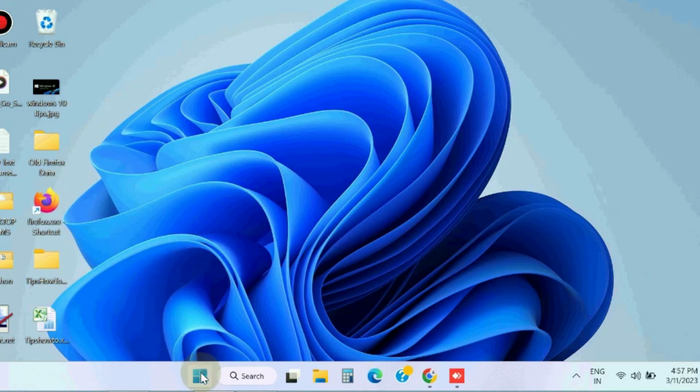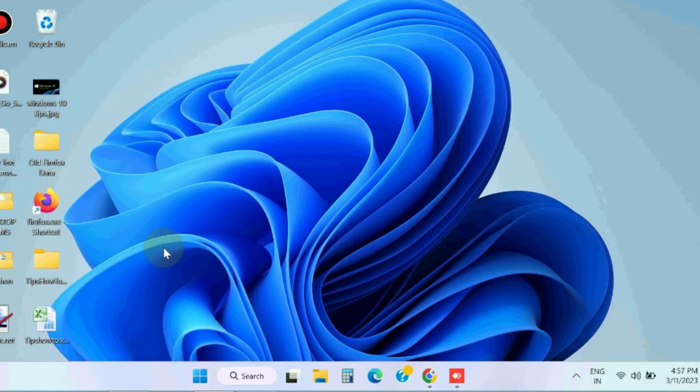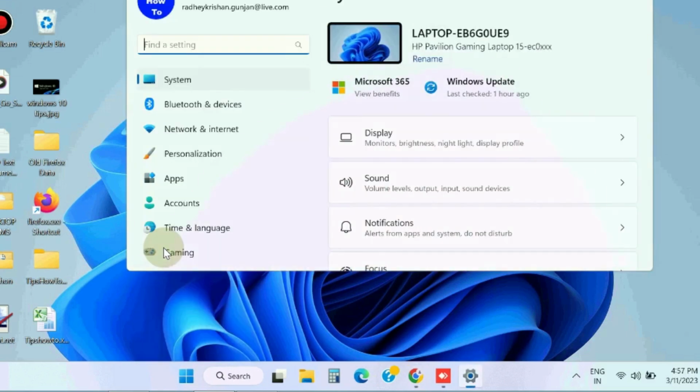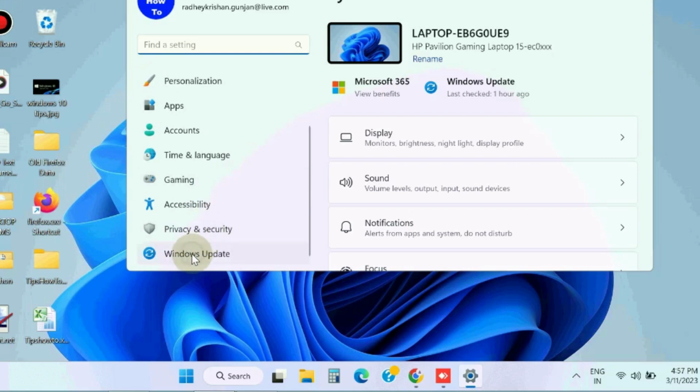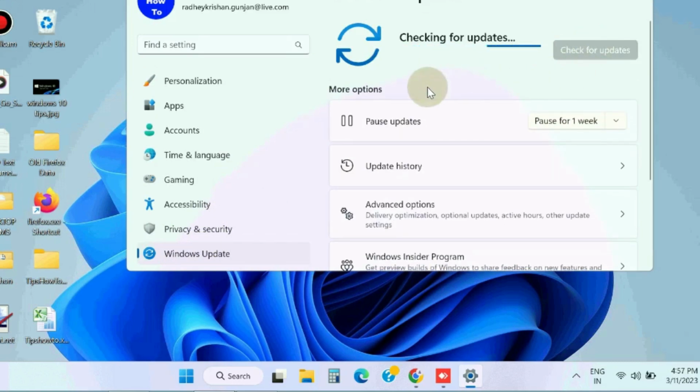The next workaround is to install the latest update. Open Windows Settings, go to Windows Update from the left pane, and click on Check for updates, and be sure to install any missing updates. If any updates are available,